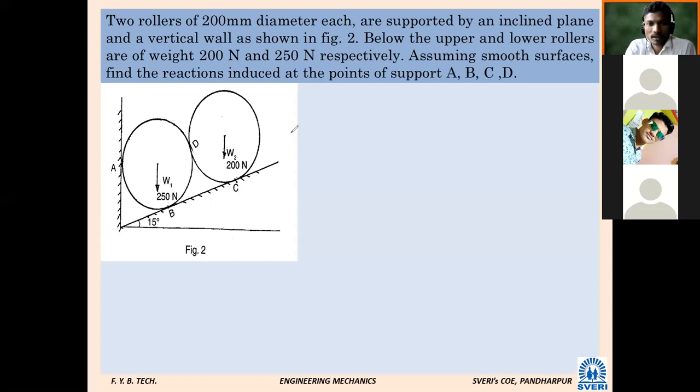Will you solve it and shall I give the answer for cross checking, or should I tell the answer tomorrow? Tomorrow, sir. Will you take it as homework? Yes sir, no issue. Tomorrow I will tell the answers. Please note down this. Either you can take a screenshot and try to solve on your own.